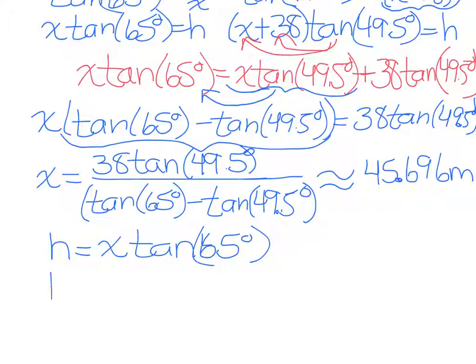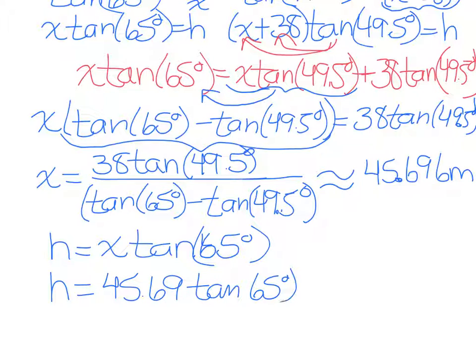Okay, so that would be h is equal to 45.69 times the tangent of 65 degrees, which should be approximately 97.995. Probably would just round that to 98 meters tall,